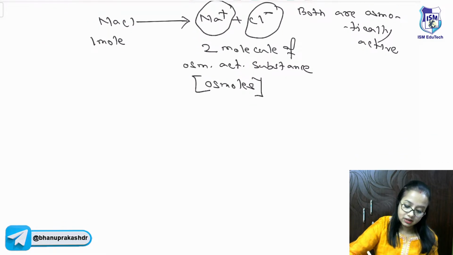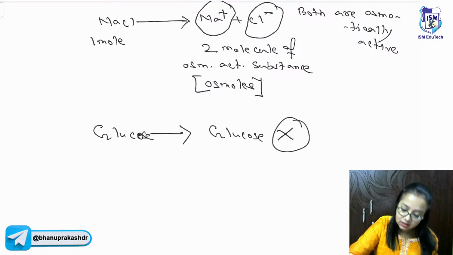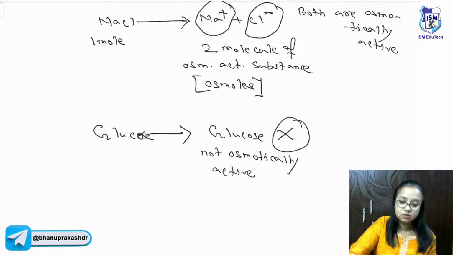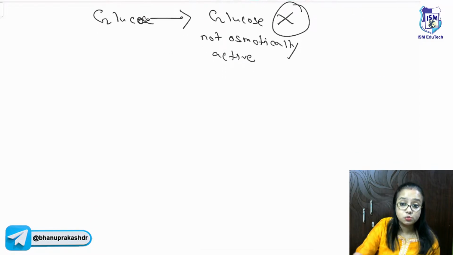Whereas glucose will not dissociate in water, so it is not osmotically active. Okay. Now there is a particular osmolarity that is maintained within the cell by the compartments of the cell,